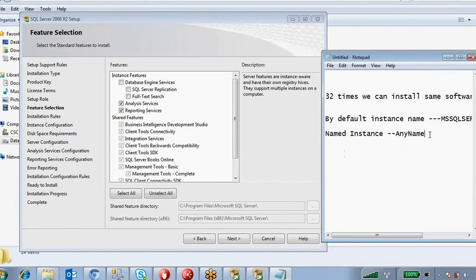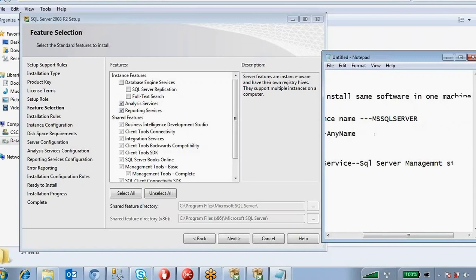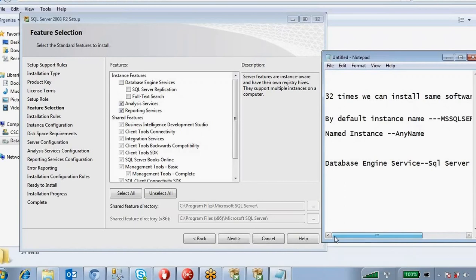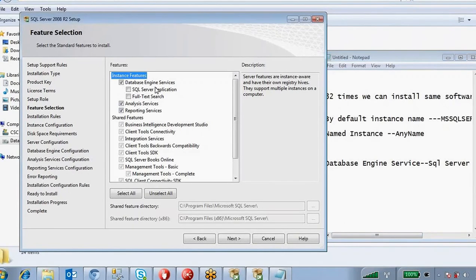If you are installing only the database engine service, that is purely related to SQL Server. In that window you can write queries, create tables and create databases. If you want only that one, just select the database engine.